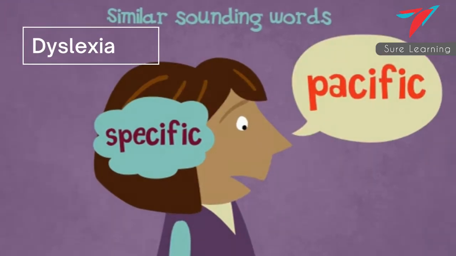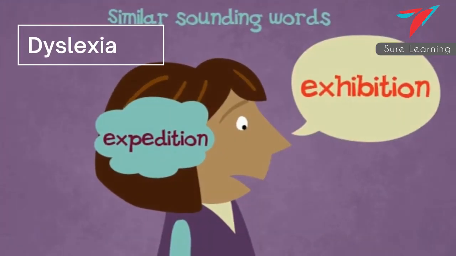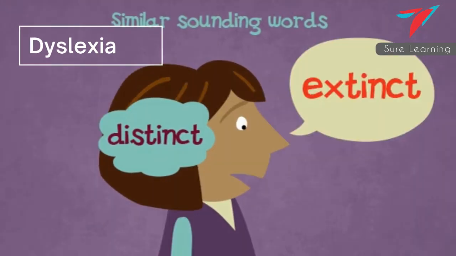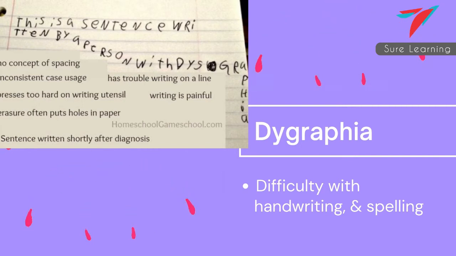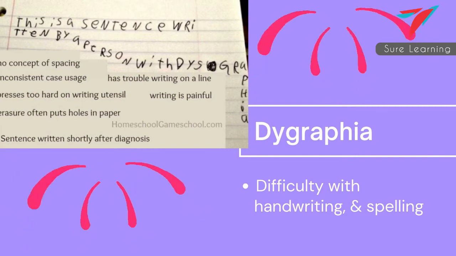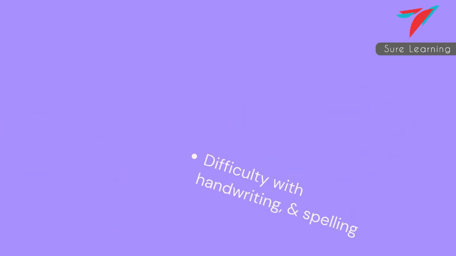Dyslexia. This condition mainly affects students' reading. They may have difficulty to discriminate between letters, numerals or sounds. Dysgraphia. In this condition, the children will have a problem with writing. They have poor fine motor skills. They have difficulty with handwriting, spelling, or difficulty in putting their thoughts onto paper.